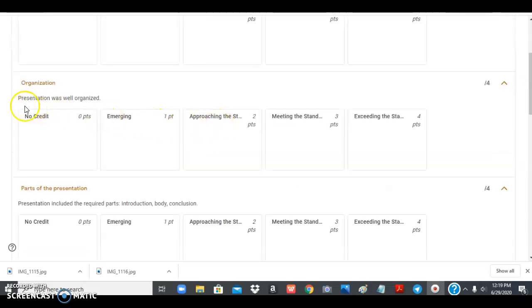And then for the presentation, it should be well organized. The live sessions will be on July 10, July 17, and July 24. During these days in our group, the teacher will pick your names randomly, so you don't know which one.